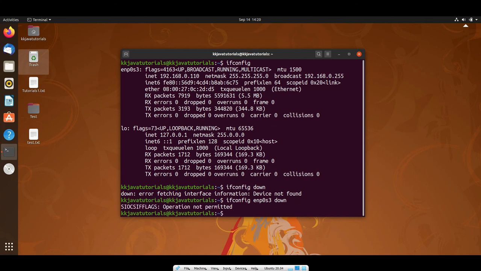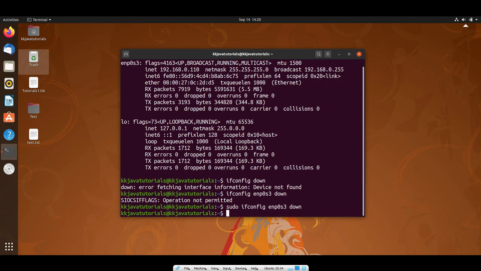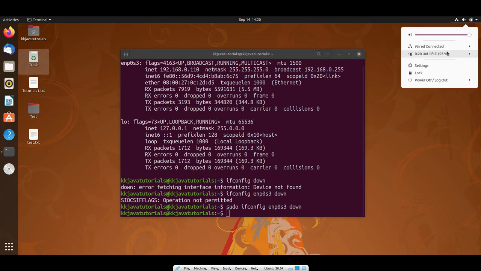If I press enter, it says the operation is not permitted. So I need to prefix this command with sudo so that I can get a special privilege. And here you can see if I go over here and check the internet connection, then that should be disconnected, right? If I go, then here you can see the information has been changed, right?